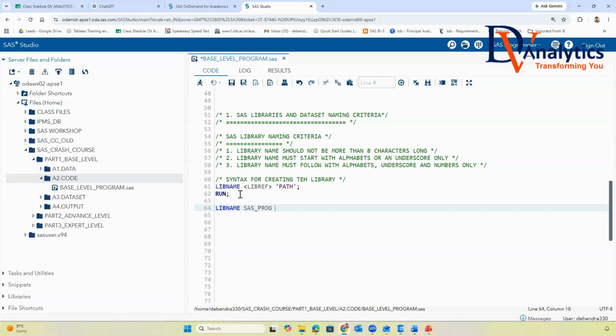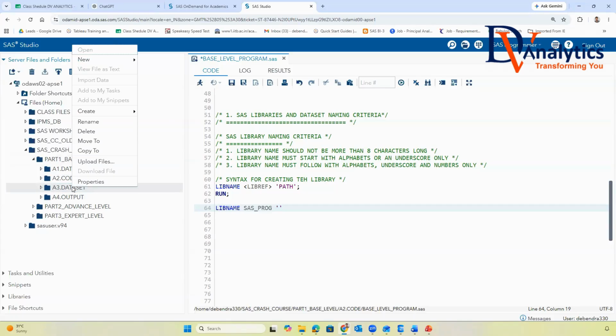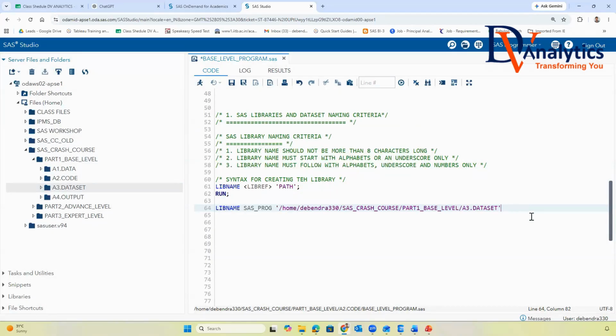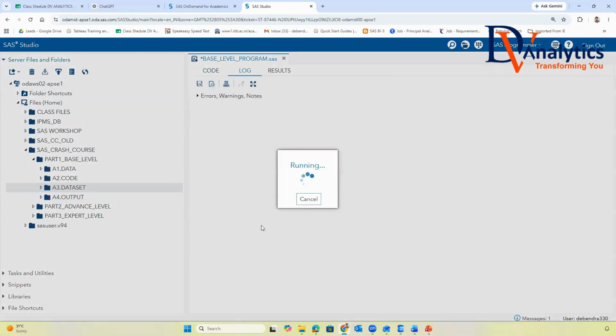This is my library name, SAS_prog, and then I'm going to give a path. For the base level dataset folder where I want to keep all my datasets, I will right click on it, go to properties, copy the whole path from there and paste it here. Then I can say run. When you say run, what happens here? It creates the library.